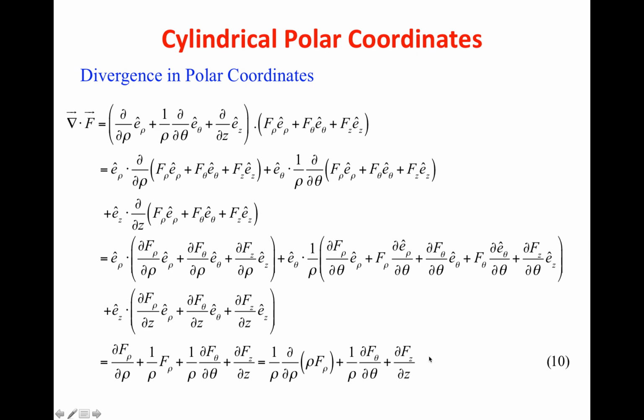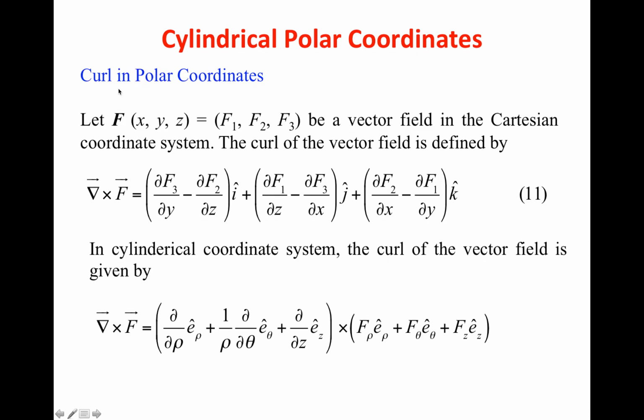The next thing that we wish to do is representing the curl in the cylindrical polar coordinates. So, the curl of a vector field f is defined as the cross product of the del operator with the vector field f, and if I expand that, this is what I get. So, the del vector we have derived, we take its cross product with the vector field expressed in my cylindrical polar coordinates.